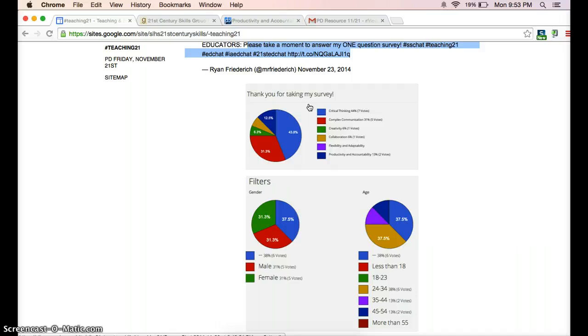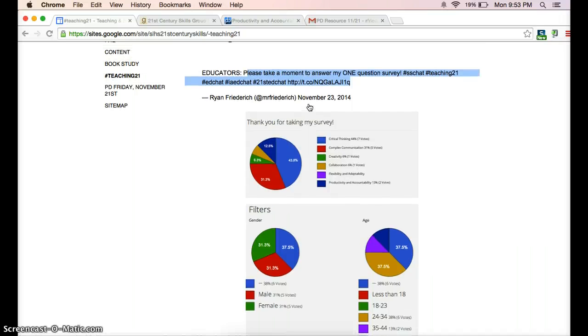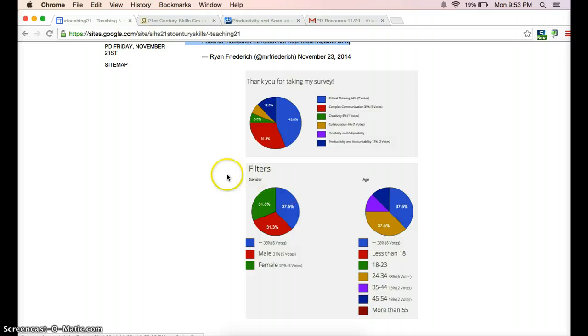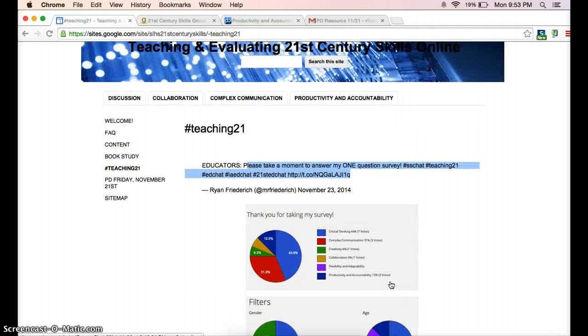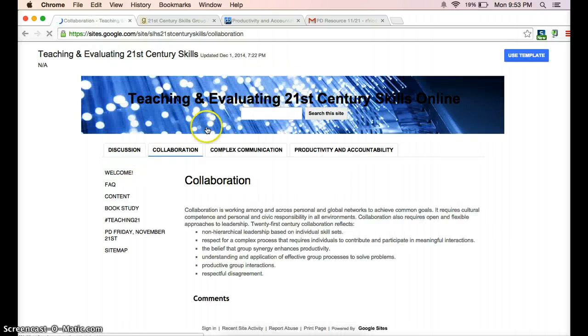I wanted to know what one 21st century skill they feel is lacking in their classroom. We can see that critical thinking got the majority of votes of what is lacking, and it broke it down into the gender of my responses and also the age. And so I thought it was a really good survey. I thought I got some good feedback from that, especially when we want to add more 21st century skills to those. As I look through these tabs,